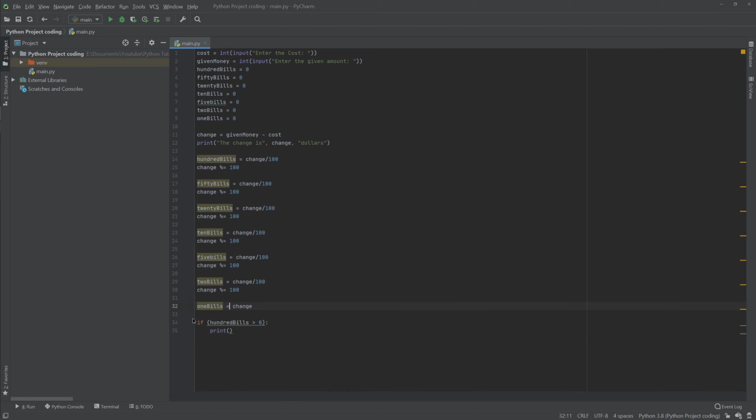Okay, first I want to say that is, right? Because the last thing we printed was the change is so many dollars, and then we want to say that is, okay? So let's say that is, and then print out that is what, right? That is, if that is bigger, then we want to say 100 bills. That is so many $100